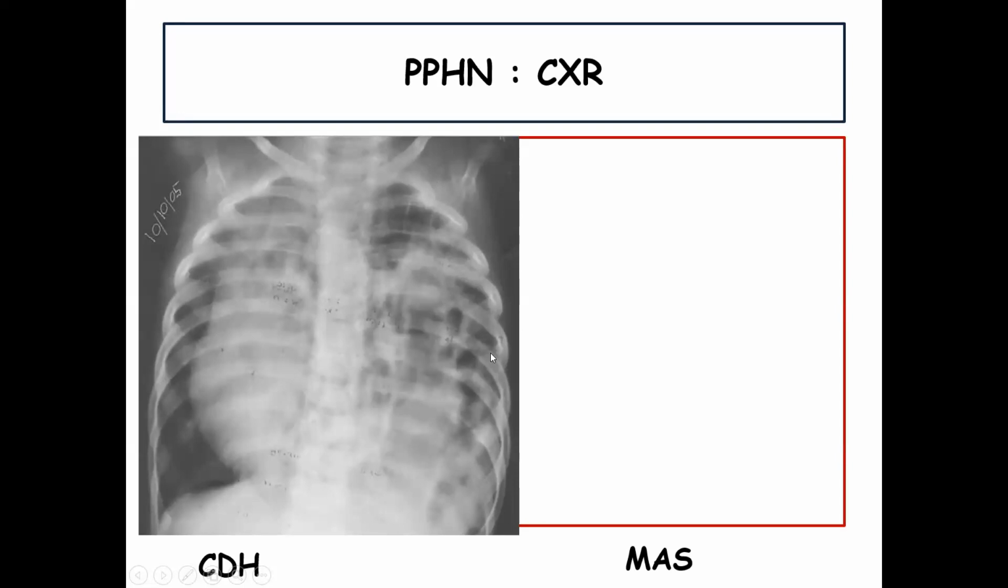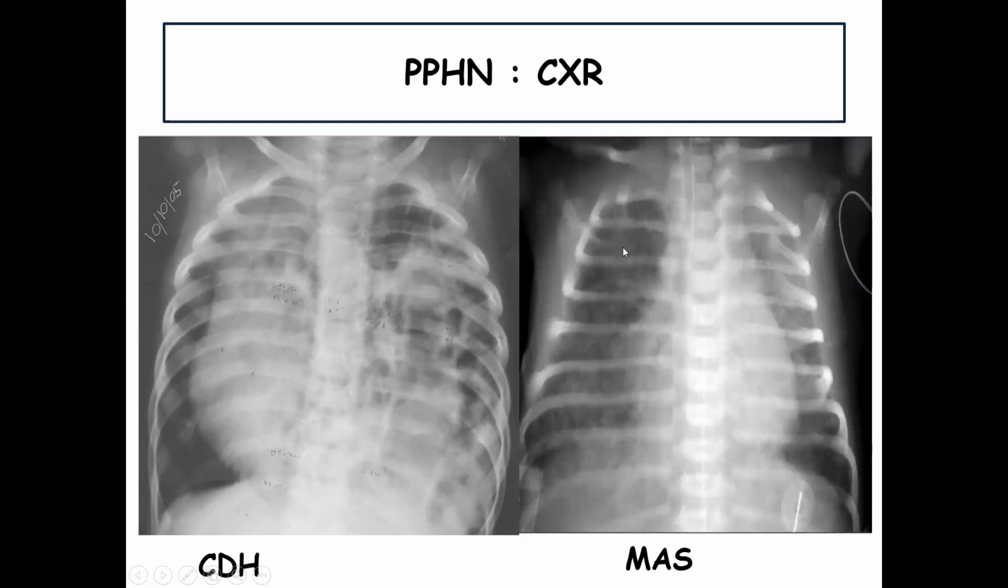You can see that the left hemithorax is completely occupied with gas-filled intestinal loops, and there is also significant shift of the mediastinum to the right side, and this tends to be associated with not only ipsilateral but sometimes contralateral pulmonary hypoplasia. This is another case of a term baby with PPHN secondary to meconium aspiration syndrome, wherein you can